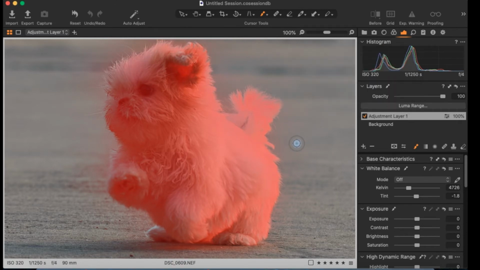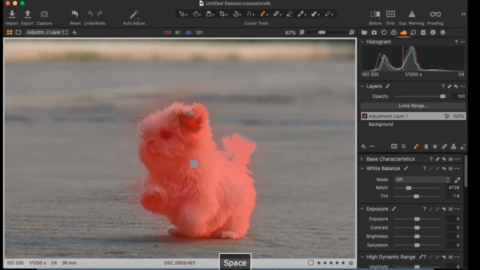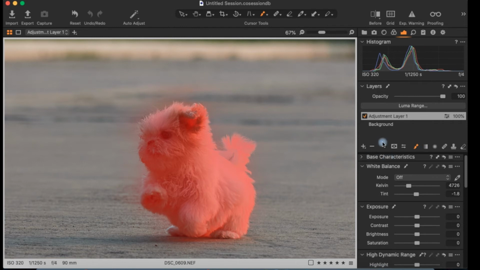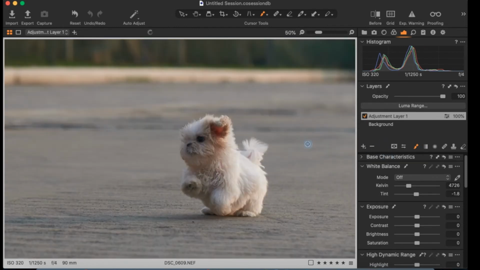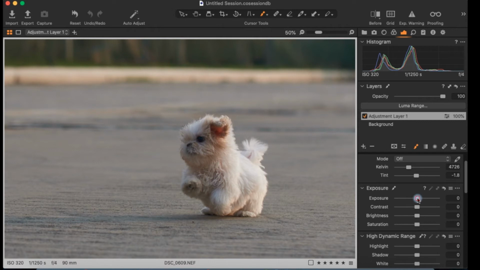These techniques help when you want to do complex masking, especially when your subject is pet fur, or when you are doing a portrait and have hair like that. And again, if I hit M on my keyboard, it will hide the mask. Now whatever adjustment I apply will be applied only to this area.